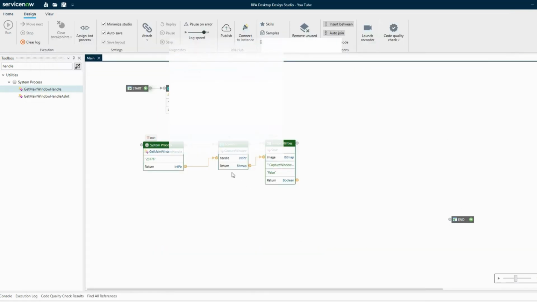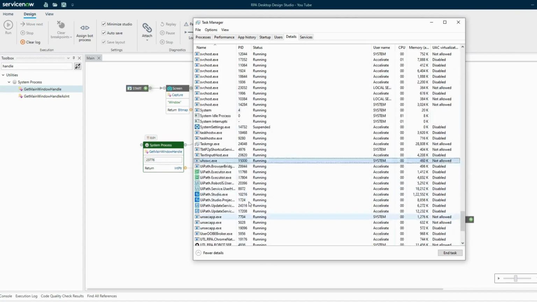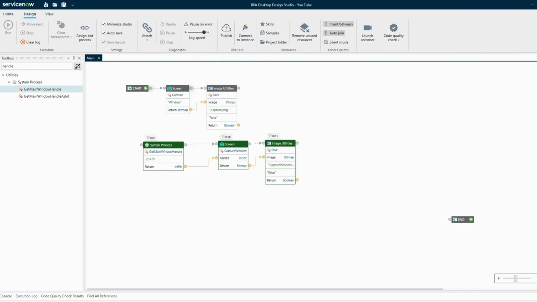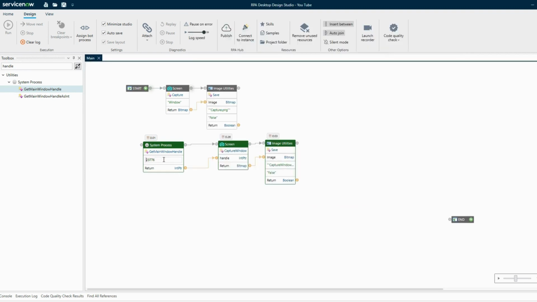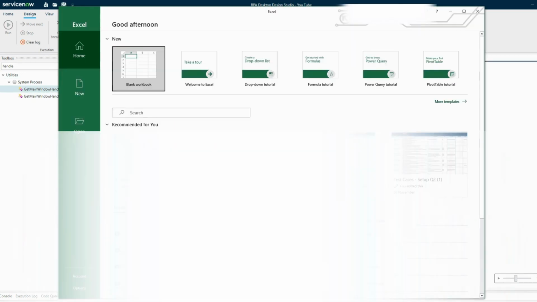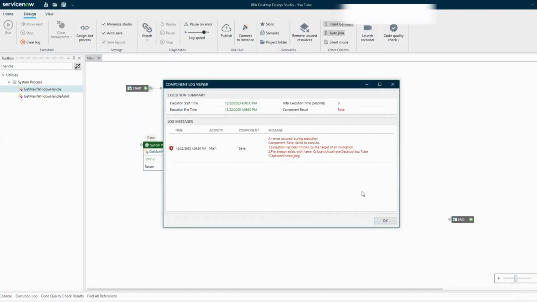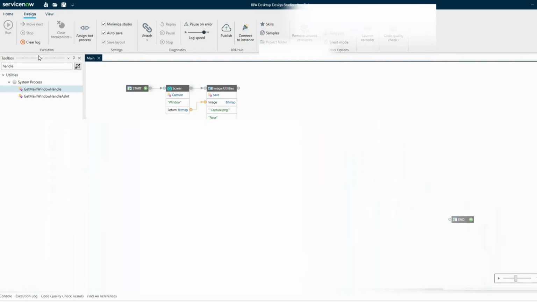And also we'll try capturing a different window rather than studio. So I'll go to the task manager again. Probably we'll try to capture Excel, I have Excel open, which is 216 and 12. Let's give this. Okay, we have the same image, so maybe we'll just give some dynamic name, Windows 1.